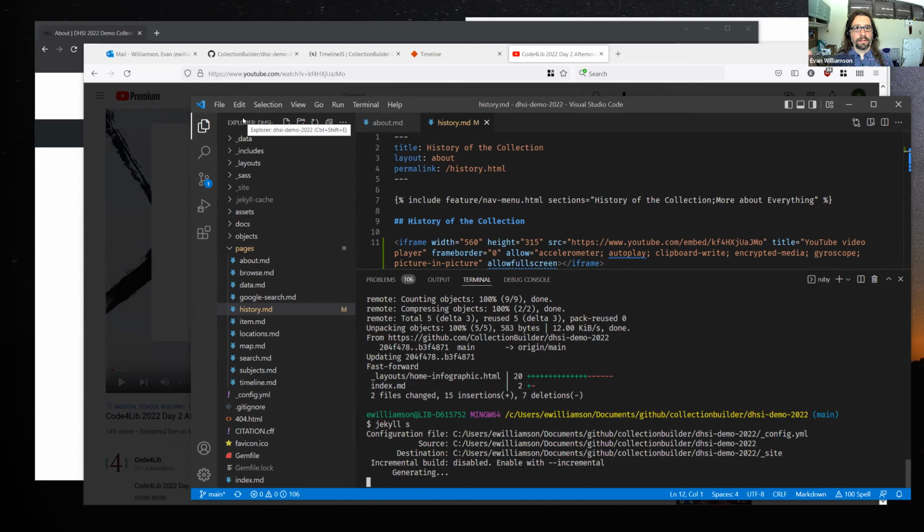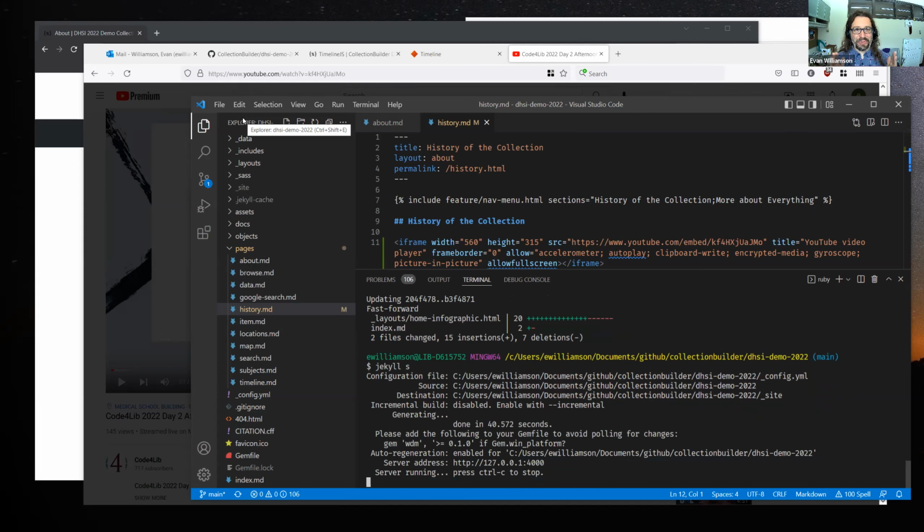You're not relying on the Google Sheets API working, and that often breaks; Timeline.js goes off every once in a while for a couple of days. So it's kind of nice, if you have that luxury of actually getting it sorted out, to get it all into your collection. But, as Olivia demonstrated, it doesn't have to be